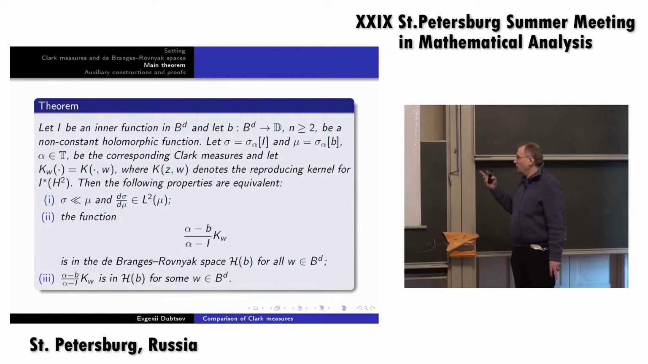Properties 2 and 3, they are more or less the same. So the second property says that we have this property for all W, and the third just for one. It's easy to see that it's not so essential. But anyway, from the proof we see that these two properties are equivalent. So as I said before, this is kind of a visible illustration, and I would like to mention the ingredients